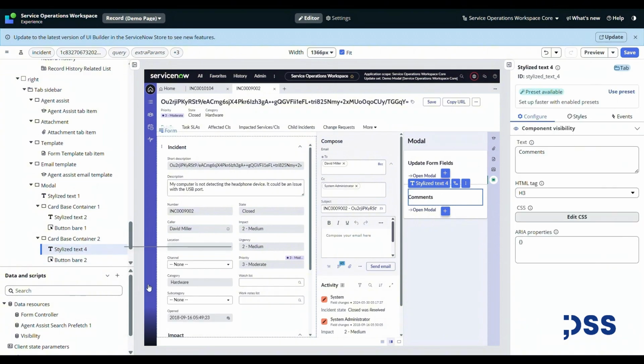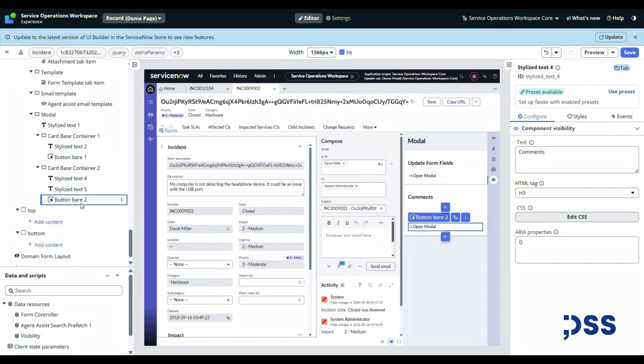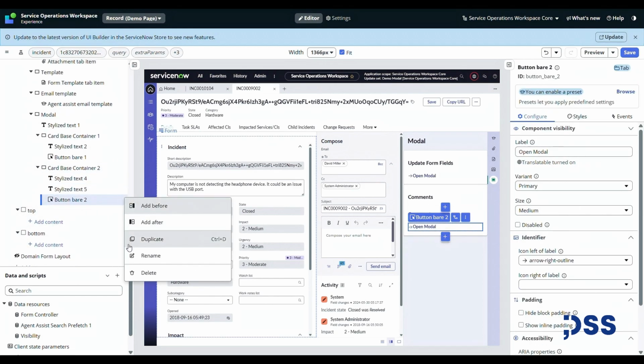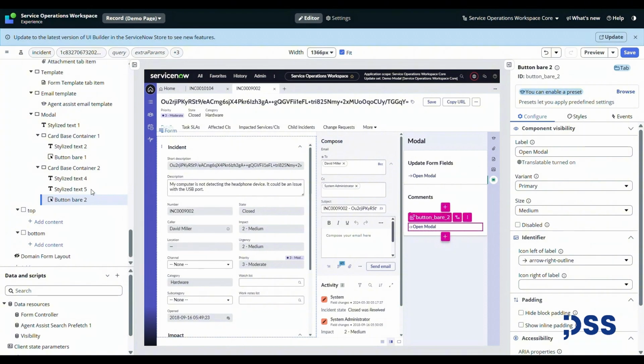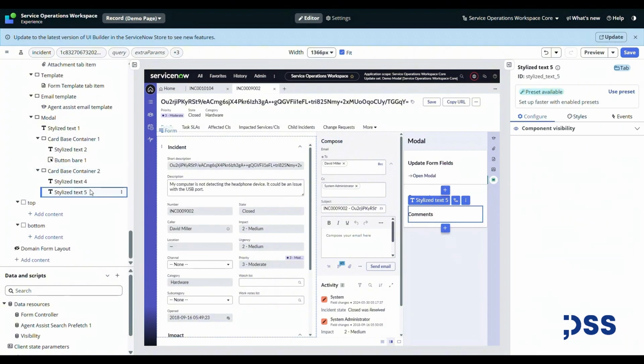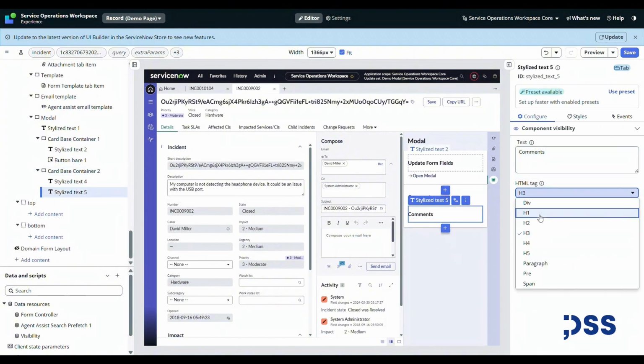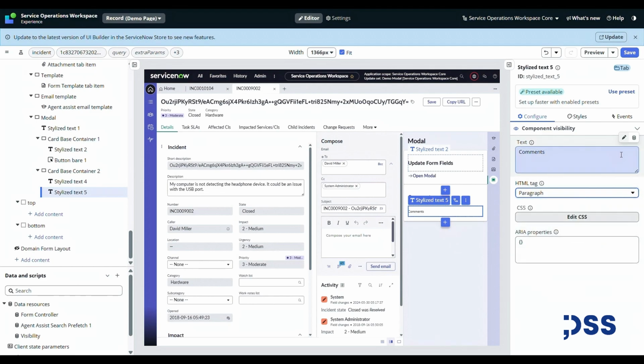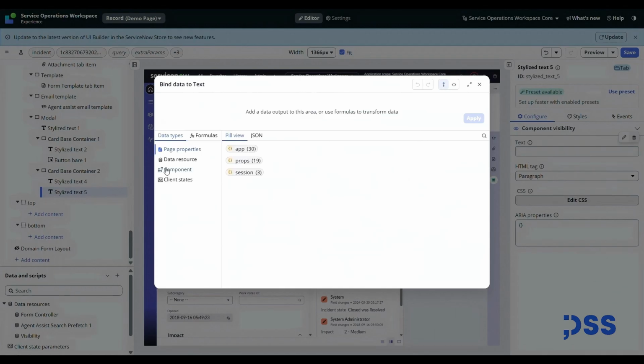Then I'll duplicate the stylized text, delete the button, delete it, and the stylized text will be a paragraph and the information of the comment. So I'll return from the data resource here, output, comments,